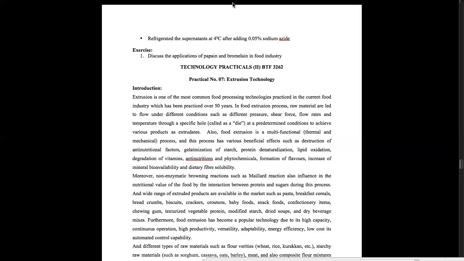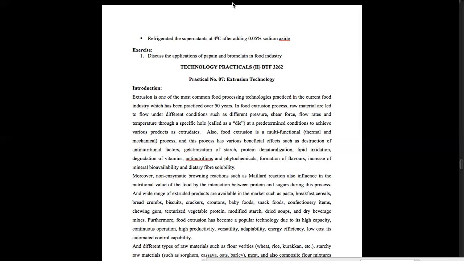So, extrusion. What is extrusion? It is actually a unit operation, and when it comes to extrusion, there are so many unit operations, such as heating and melting. Likewise, there are many unit operations under extrusion technology, and raw materials are also very important. How to select the raw materials? We will discuss these things in the lectures as well.